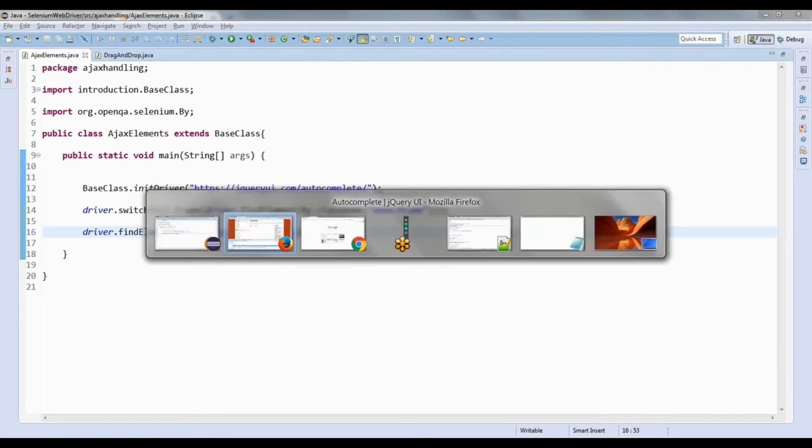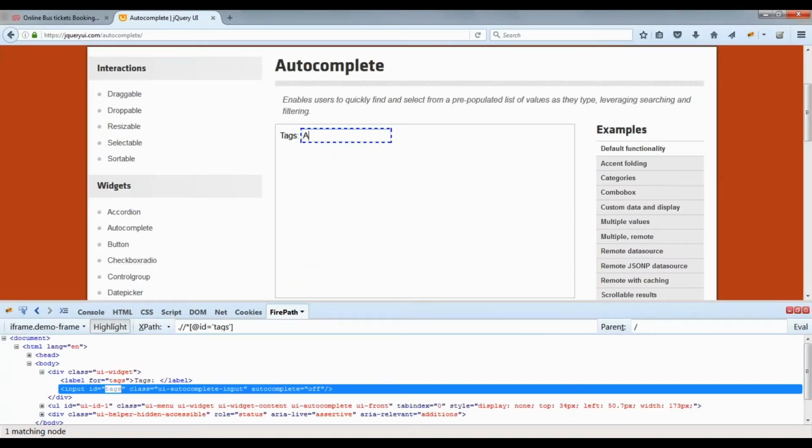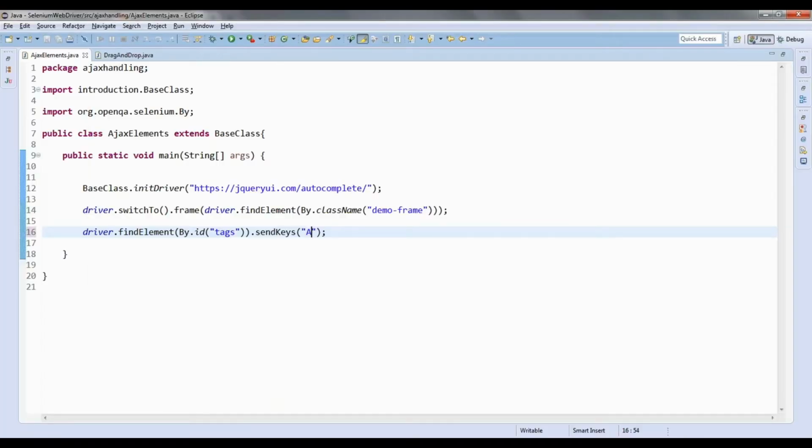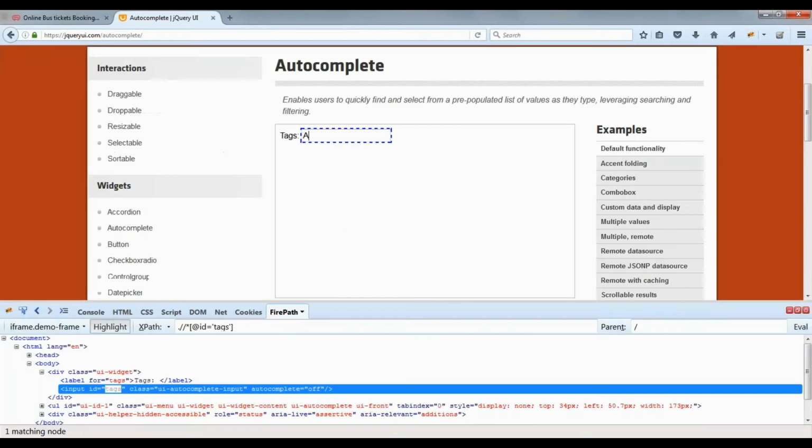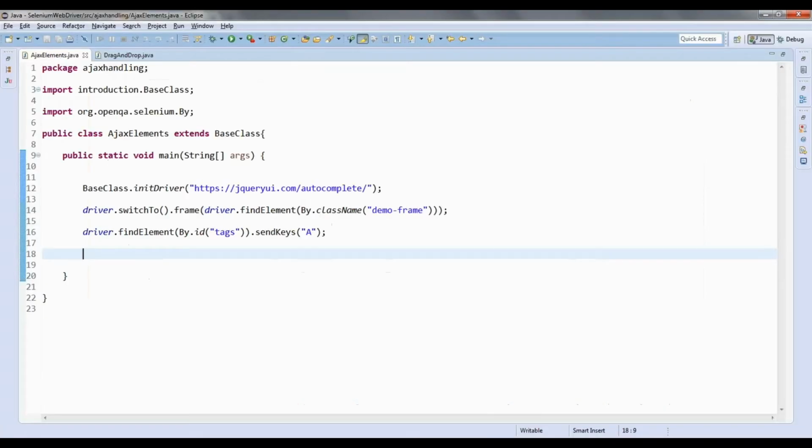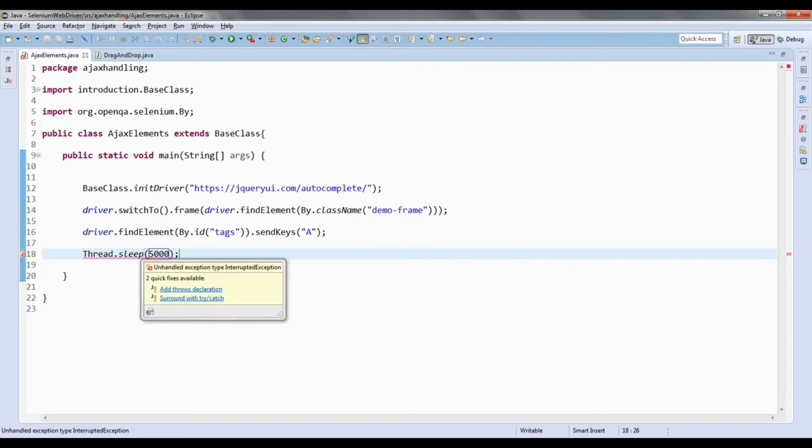I will send a key, A, here. Then it will give me the list of all values starting with A. I am going to explain how to handle this. You just wait for some time, so I will add a sleep time here, some 5 seconds.